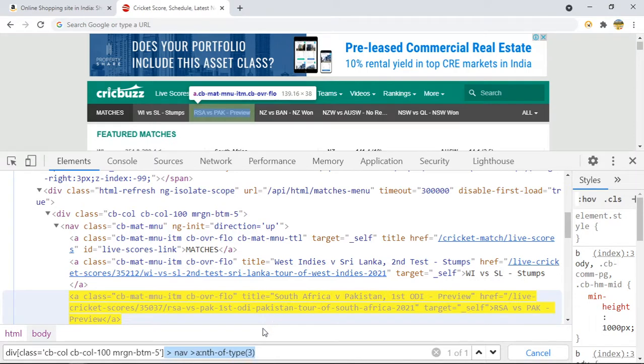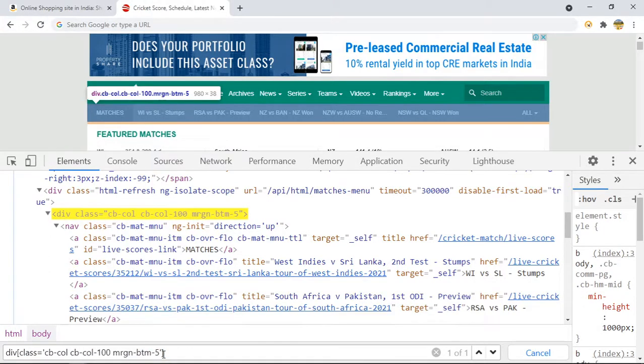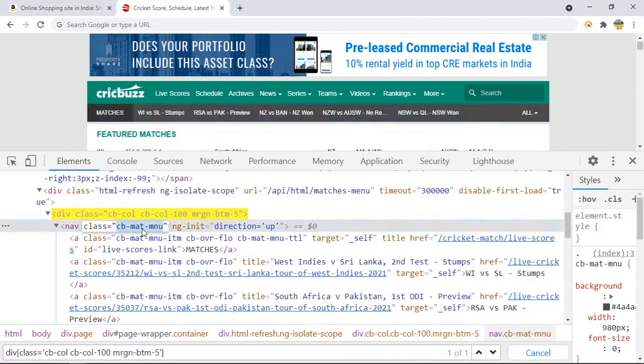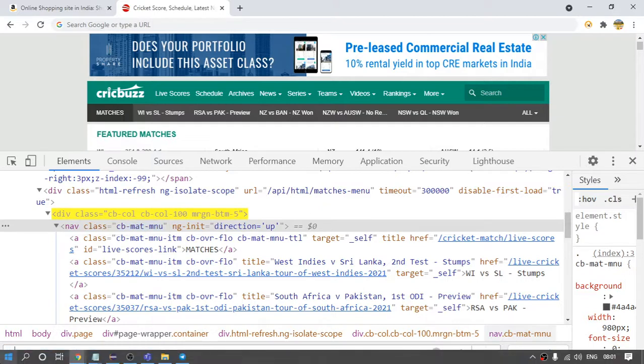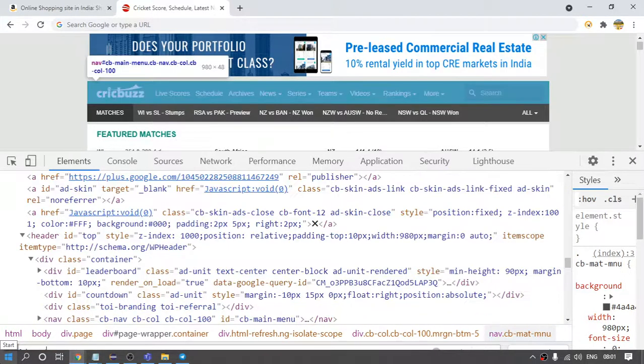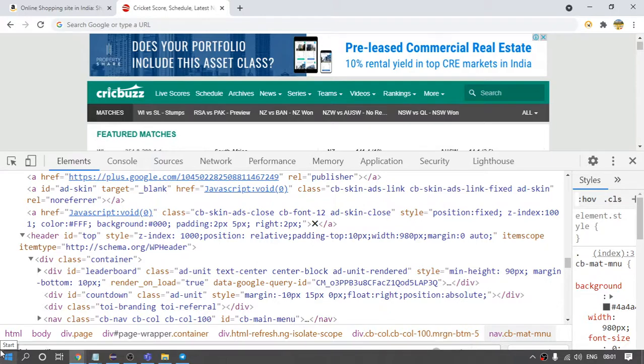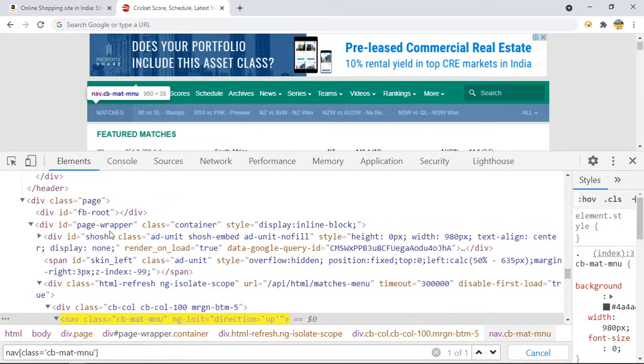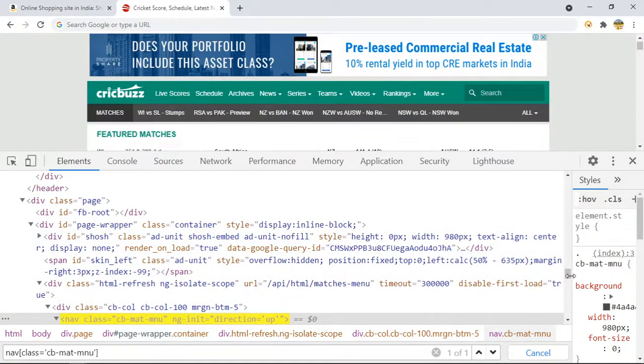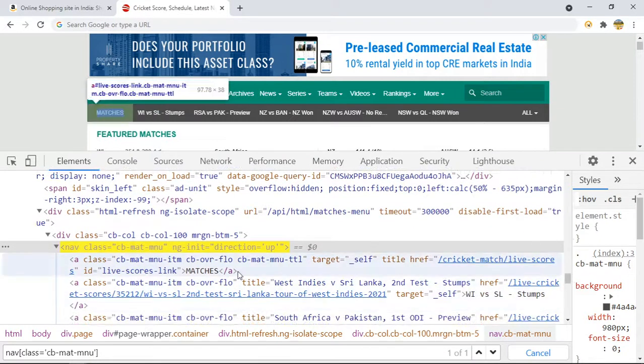Okay, so if you remember, you can use nth-of-type anywhere you want. Suppose I am getting only one, or let me take this one. Nav class equals to this, this is our CSS. Right? Here we are getting one by one, which means it is good for us. But sometimes you will not get it, or let me take this one.